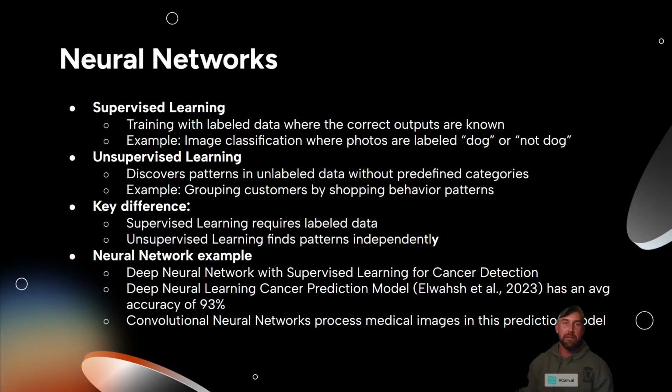With that, we'll move into our next topic. We're going to talk a little bit about neural networks. What is a neural network? Well, first, let's talk about how we train neural networks. Let's talk a little bit about supervised learning and unsupervised learning, because from understanding those two concepts, you can start to extrapolate what a neural network is. Other than telling you the most important thing about a neural network is that it's composed of many, many layers of analysis, or of parameters within the model, that come together to form a model of understanding that can produce new output. But again, this will make more sense if I tell you about supervised learning